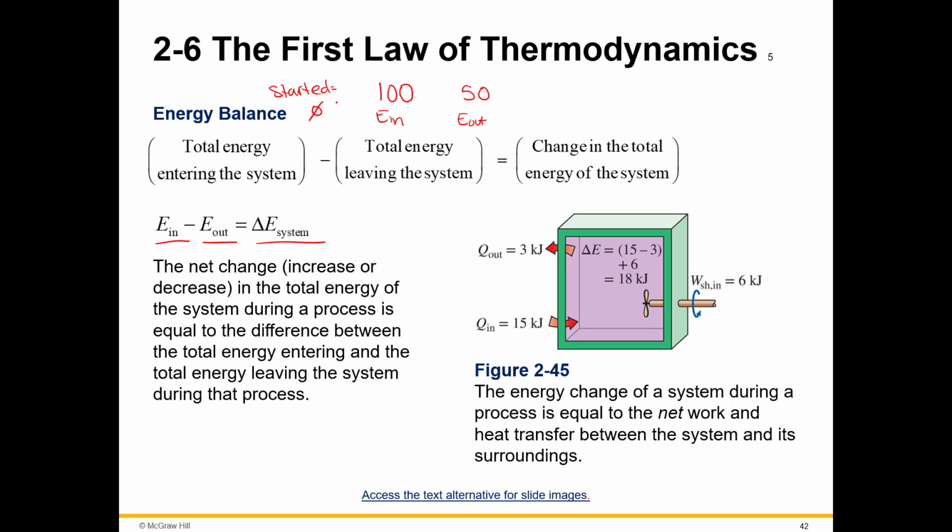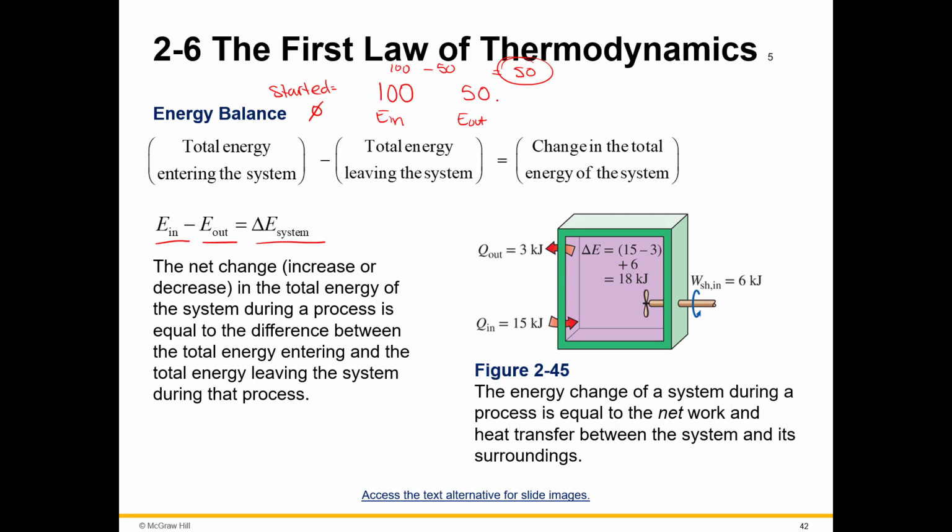First, we had energy in, so our system went to 100. And then we had energy out, so we're going to less the 50. And then we have 50. That's it. So the change in the system was 50. We started at 0, and we ended up at 50 because we had 100 come in, and then we had